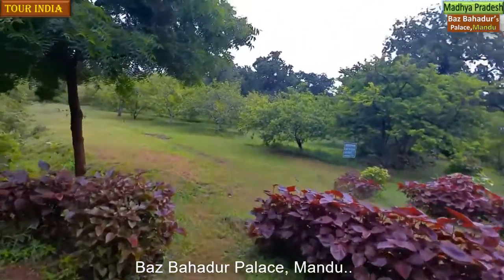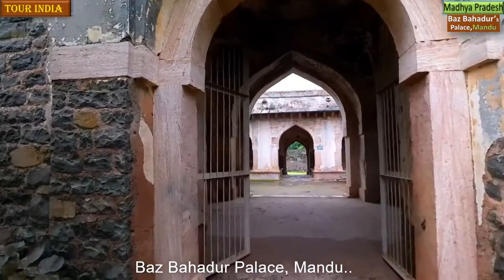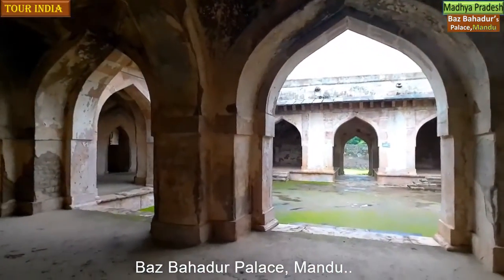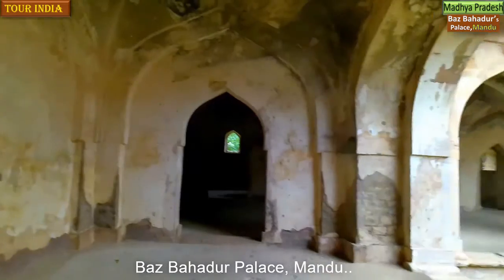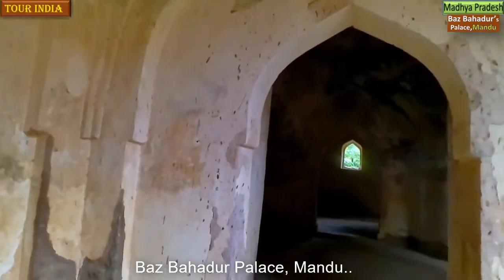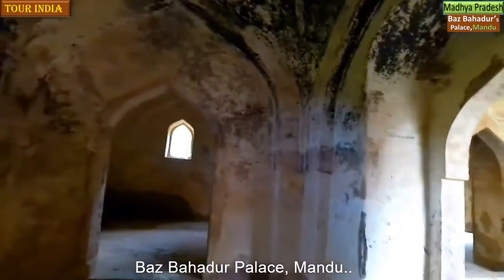Located on an isolated outcrop of a 20 square kilometer plateau with deep ravines, the Mandu fort looks formidable, separated in the north by a deep valley, while the southern end is a sheer drop to the plains below. In local parlance, Mandu is referred to as the City of Joy. The original fortress was built by Raja Bhoj in the 10th century, the same ruler after whom the city of